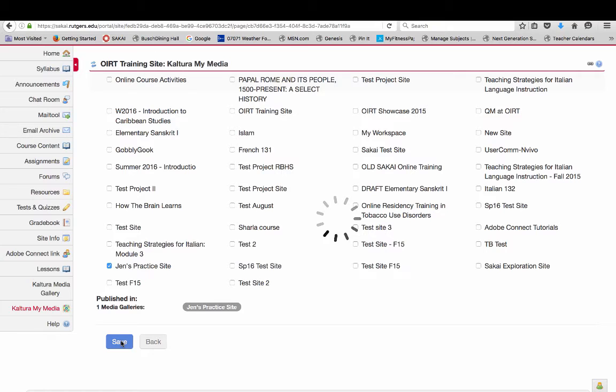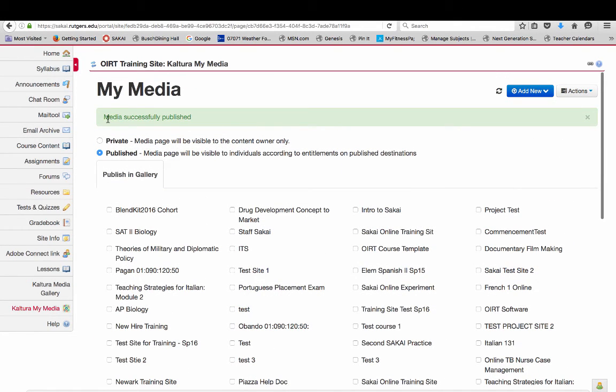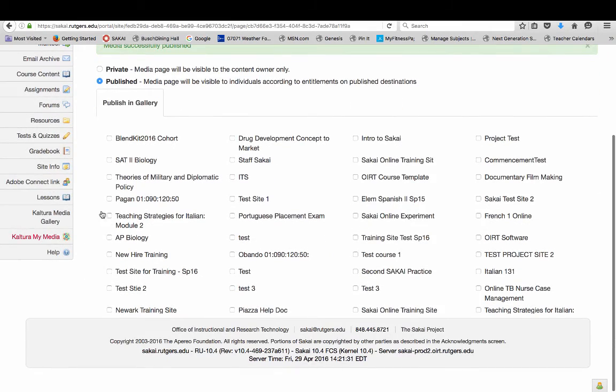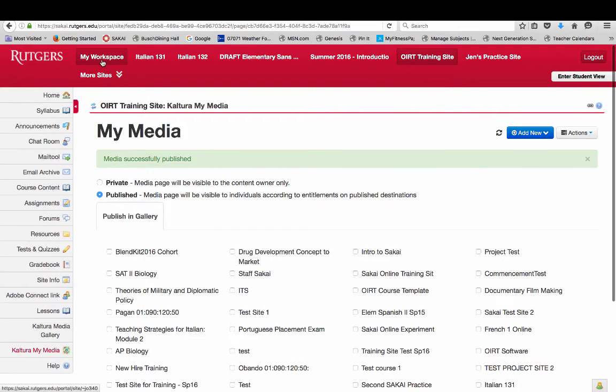And then that piece of media will be available in the media gallery of the sites that I just gave it access to. So I'll have a message up here saying media successfully published. If for whatever reason, again, I get to the point where I'm like, oh my gosh, I have to pull that piece of media down, it has misinformation or whatever it might be, I could go to my workspace,